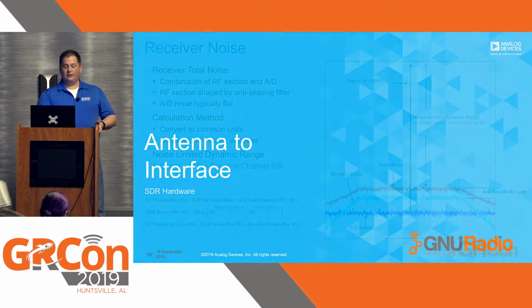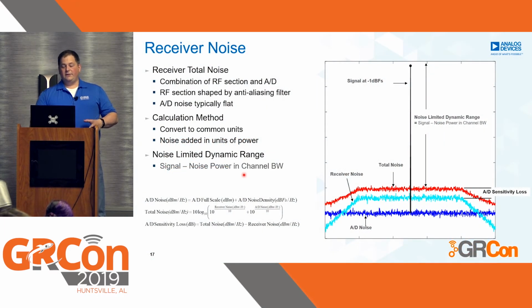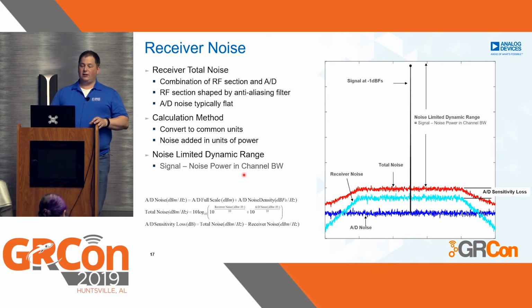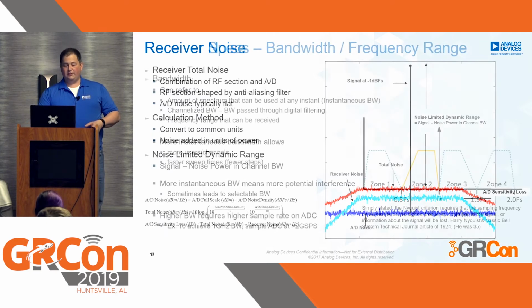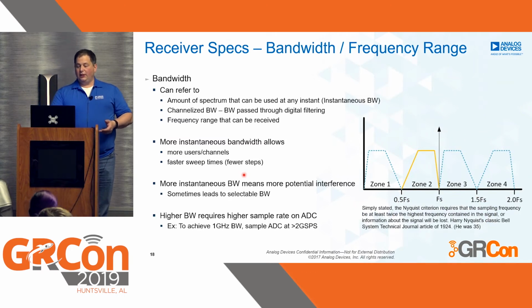Now, in terms of the antenna, or even the receiver piece, we can have different kinds of noise. We can have total noise, receiver noise, ADC noise, LNA noise, and all of these things. When somebody says my system is noisy, the answer is, well, why? What is noisy in your system? We can't make these general characterizations. When we talk about receiver specs, here we have the folding from ADCs. So typically the bandwidth that we'll talk about is half of the sampling frequency.